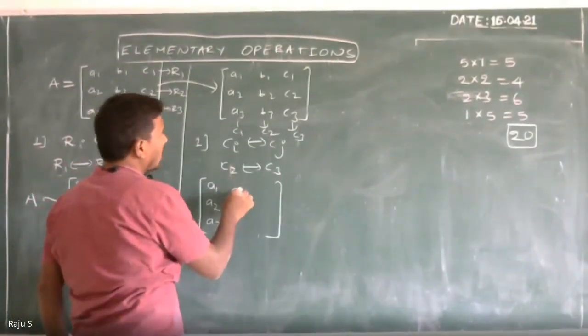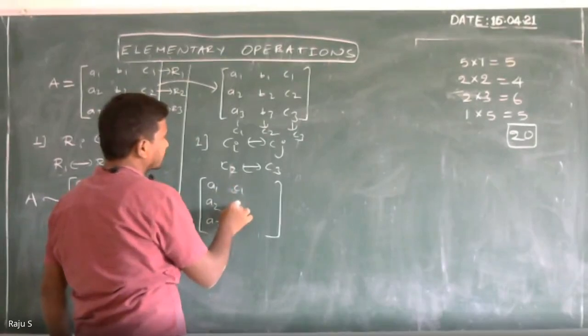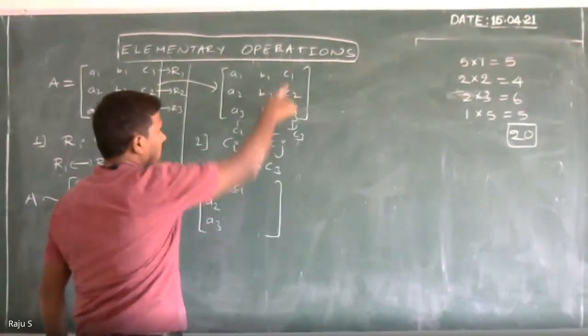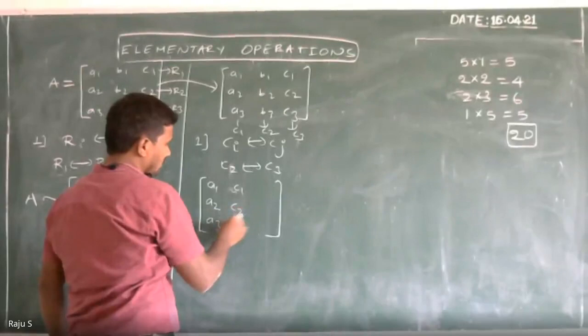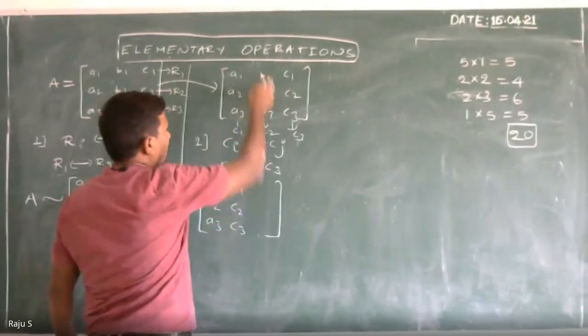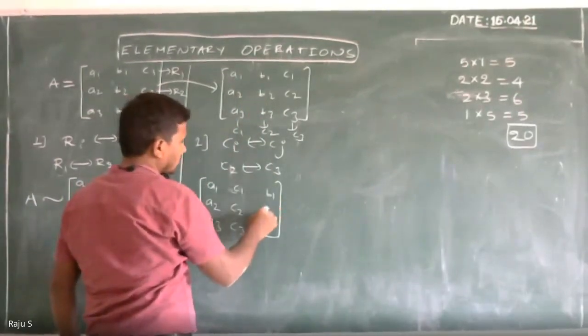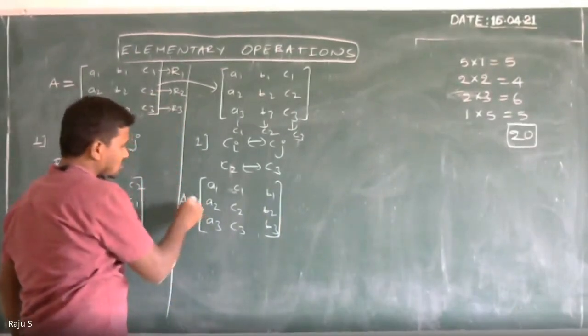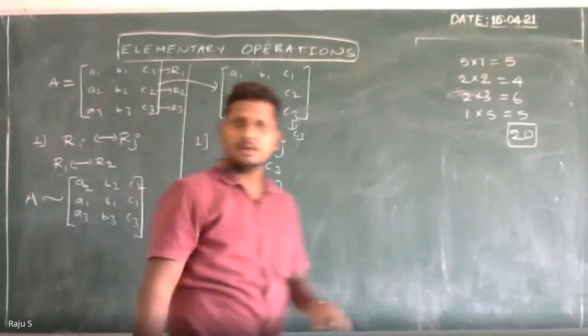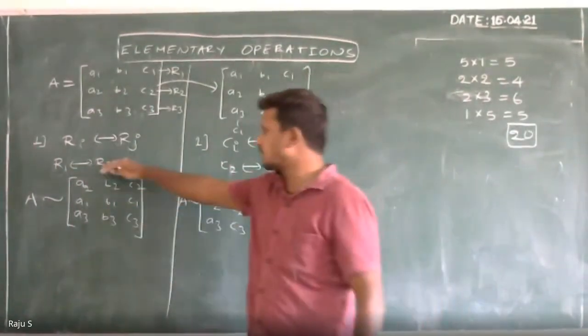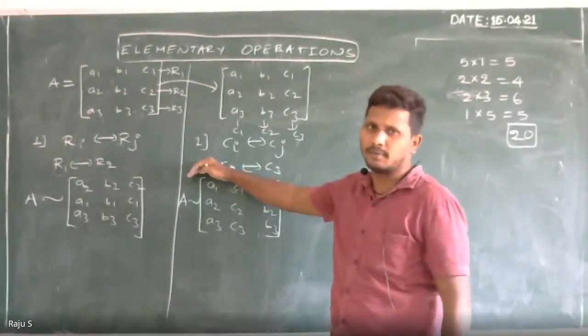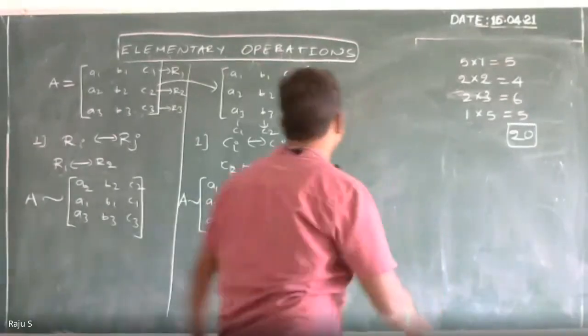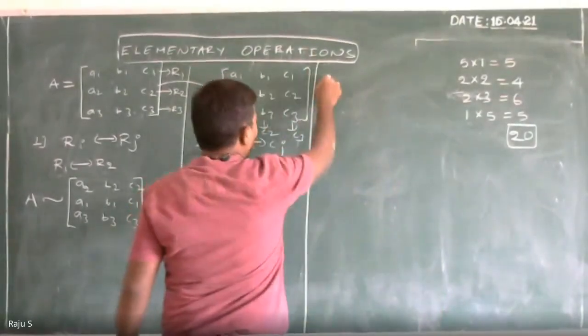So that is C1, C2, C3. Then what is column 2? B1, B2, B3. So A is equivalent to it like this. This is the first row operation and the first column operation. Let us see what the second operation is. Coming to the second one,